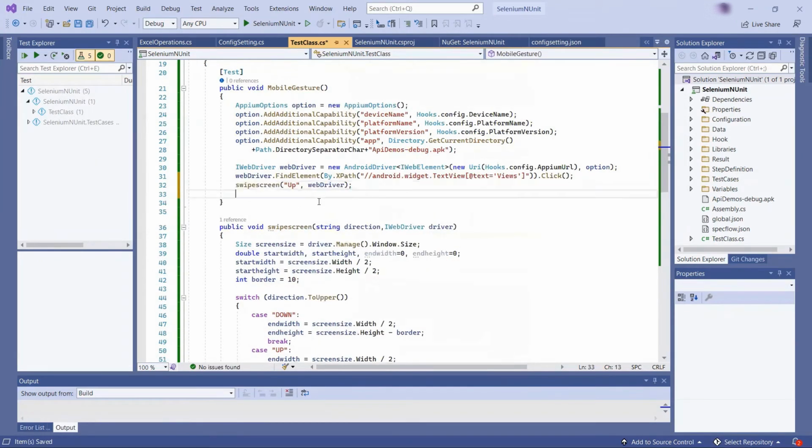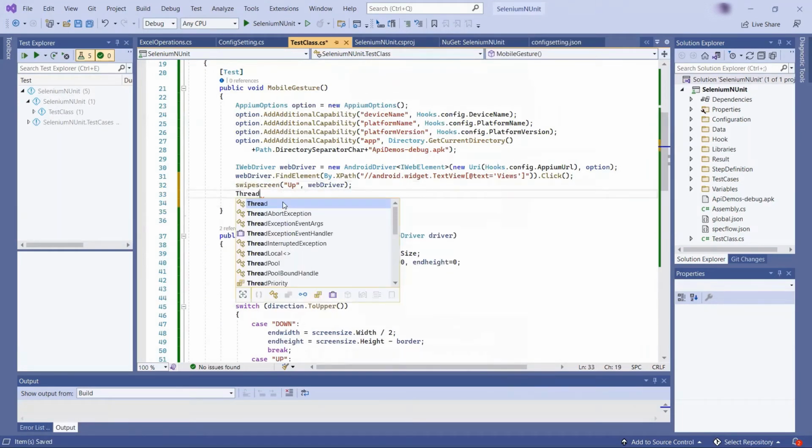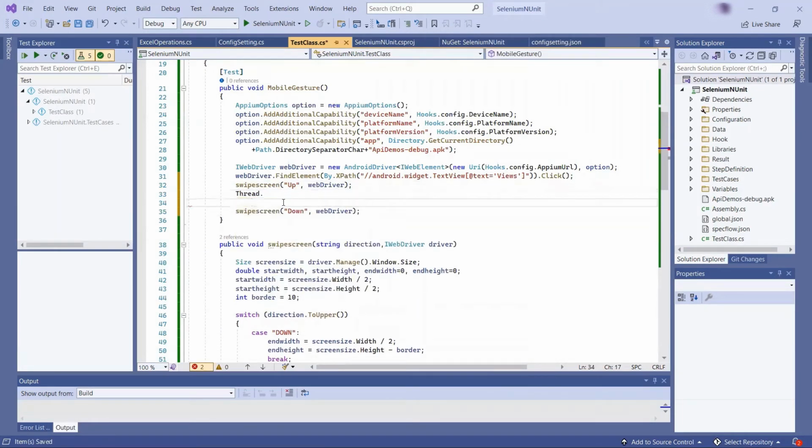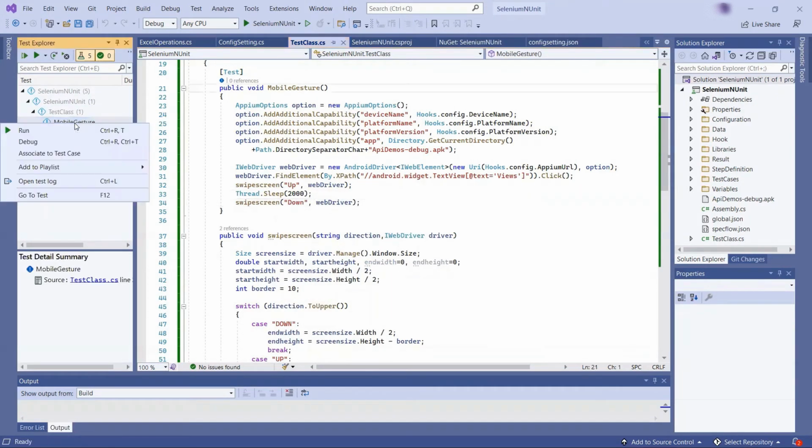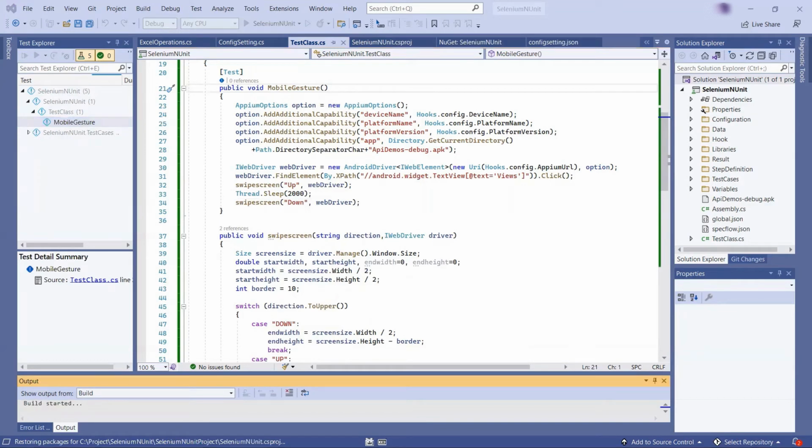First swipe up and then swipe down. Let me put an extra wait so that you can see the operations clearly on the device. Now let's run the test to see the swipe operations on the device.